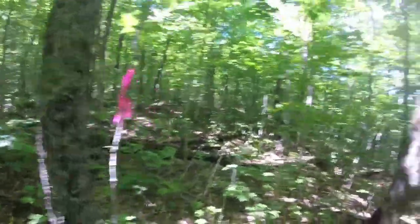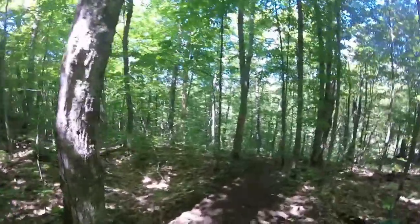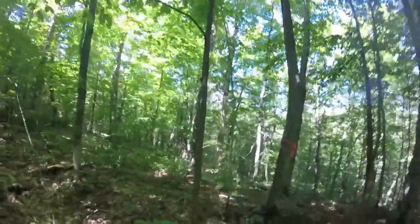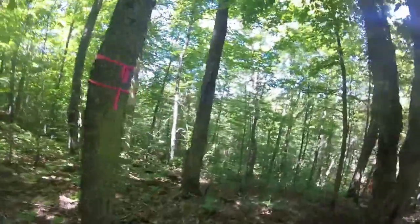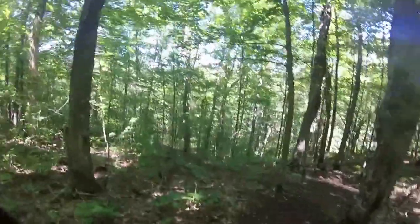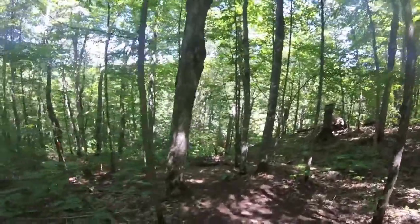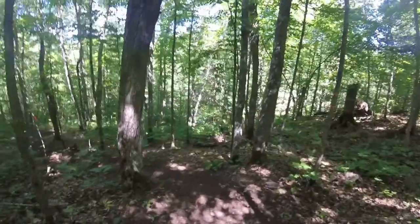There's the blade, kind of. The two ribbons on the tree means that it's turning. And I can see the Potato River down there through the leaves. But again, we're going fairly fast down this hill here